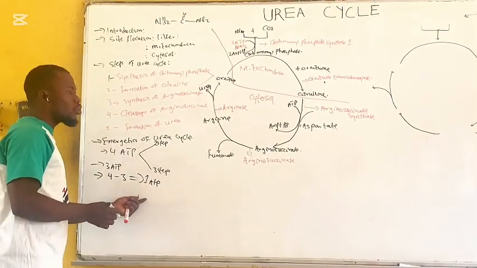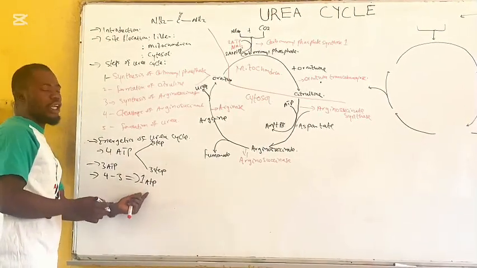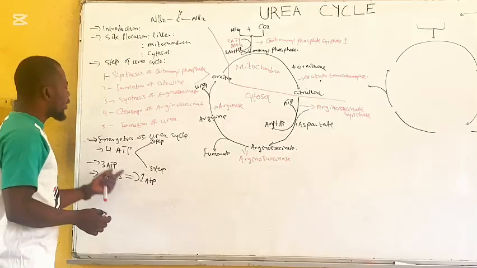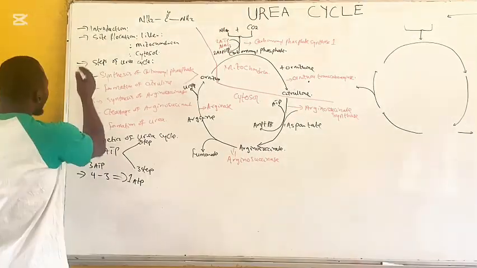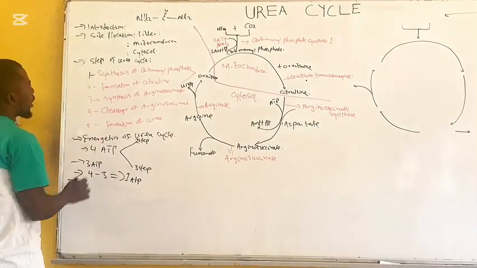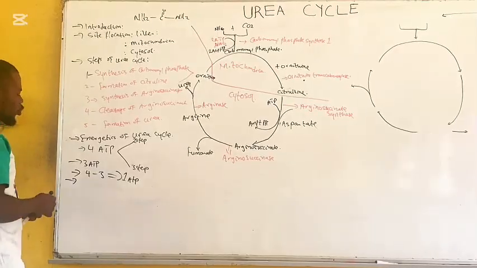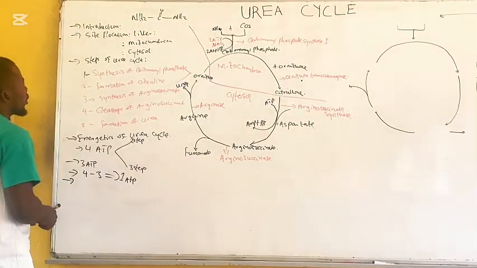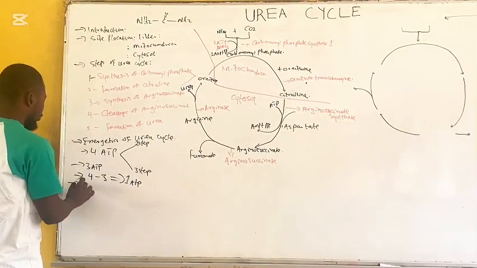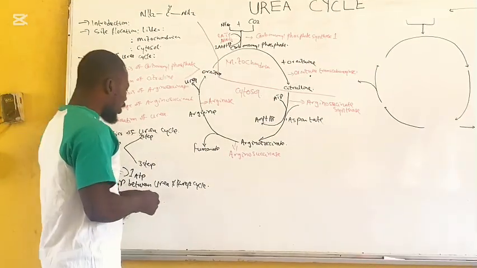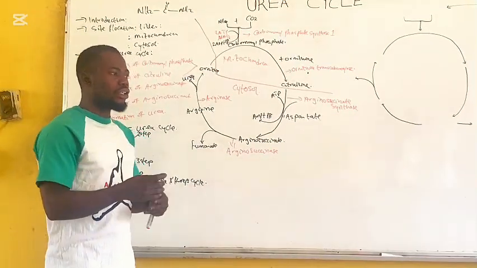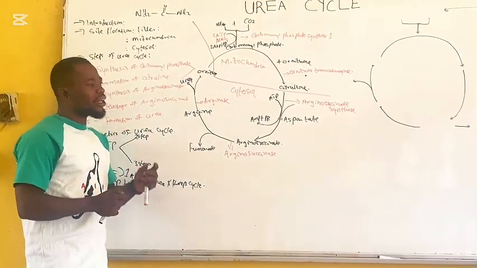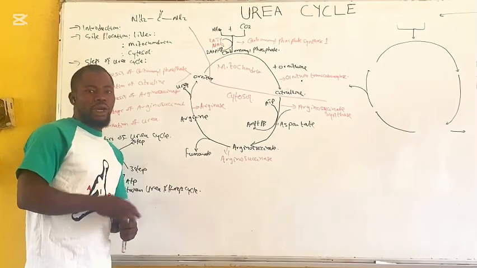So the urea cycle requires 1 ATP. That is the energetics of the urea cycle. Next thing we shall be looking at under the urea cycle is the relationship between the urea cycle and the Krebs cycle. The urea cycle and the Krebs cycle are interrelated majorly by 3